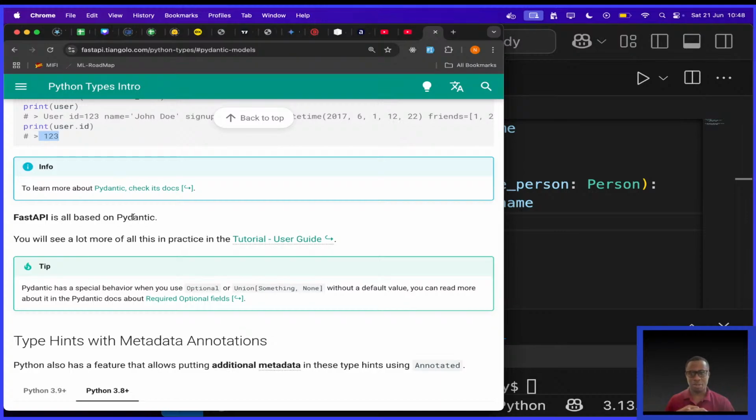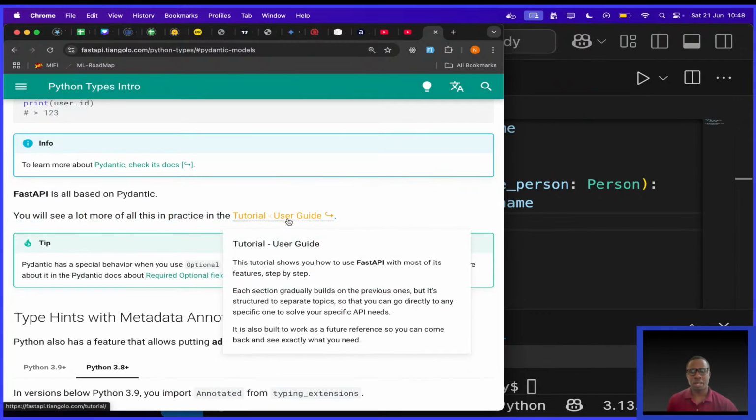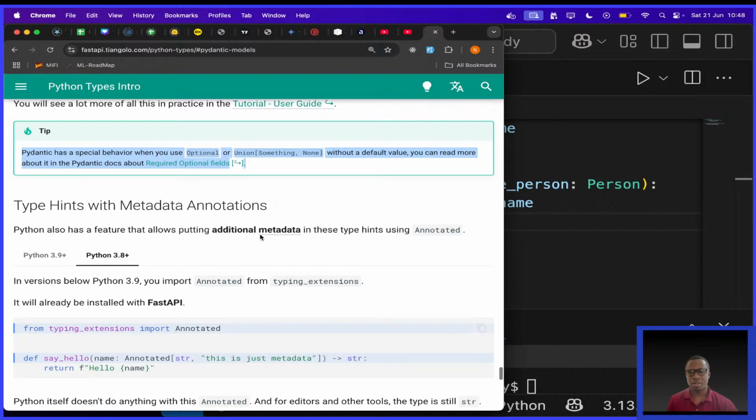Now we're talking business here. I like this. Then they say you'll see a lot more of this in practice in the tutorial user guide. Then they say Pydantic has a special behavior when you use Optional or Union with a default value. You can read more.